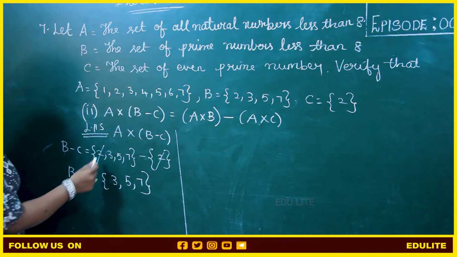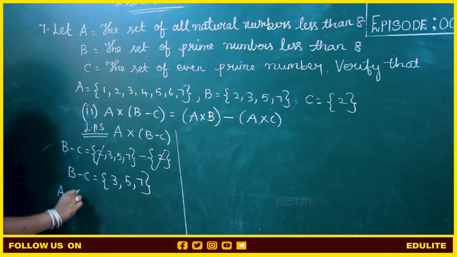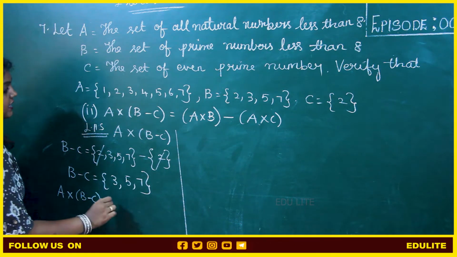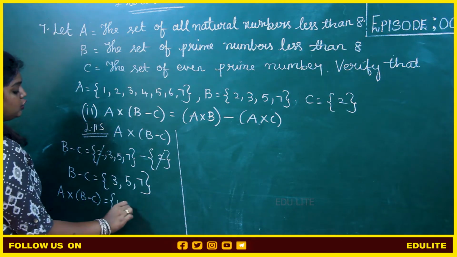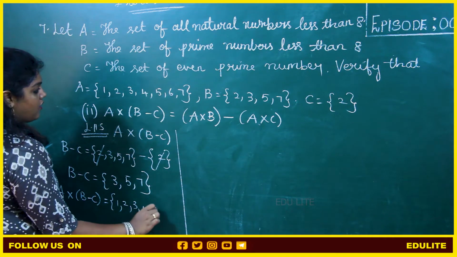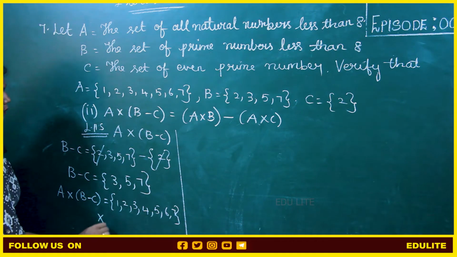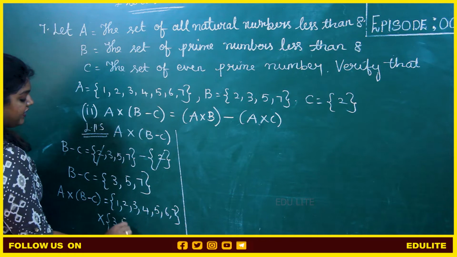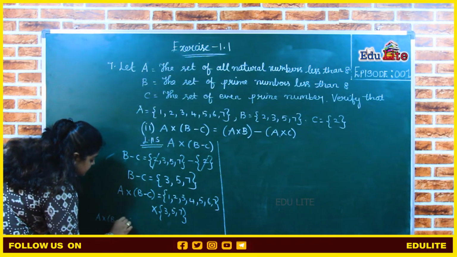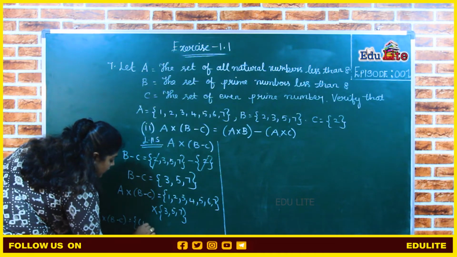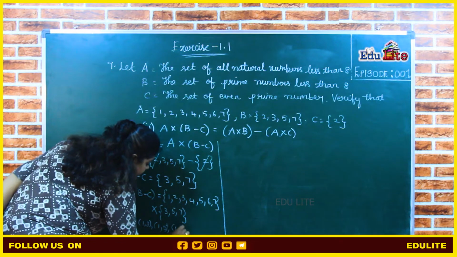Now, next we have to cross product it with A. A cross B but not C. The set A is 1, 2, 3, 4, 5, 6, 7. Cross product it with 3, 5, 7. So let us do this. A cross B but not C is equal to (1, 3), (1, 5), (1, 7),